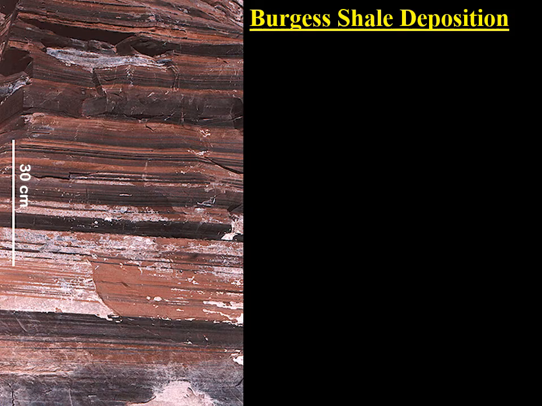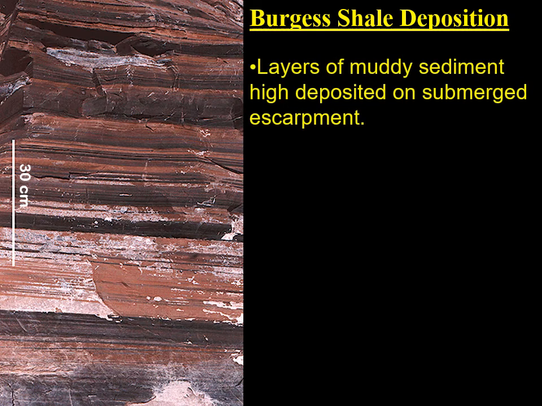So what is the Burgess Shale, though? Or what kind of deposit are we looking at? So notice the scale bar here. That's 30 centimeters. These are very, very thin layers of shale. So layers of these muddy sediments are positioned adjacent to a big algal limestone cliff underwater. So imagine an underwater cliff. And obviously it's a cliff, so the top of that cliff is going to be more in a shallow water environment. But if you go over the edge into the deeper water, that's where you're going to be building up all of this mud, all of this muddy sediment.